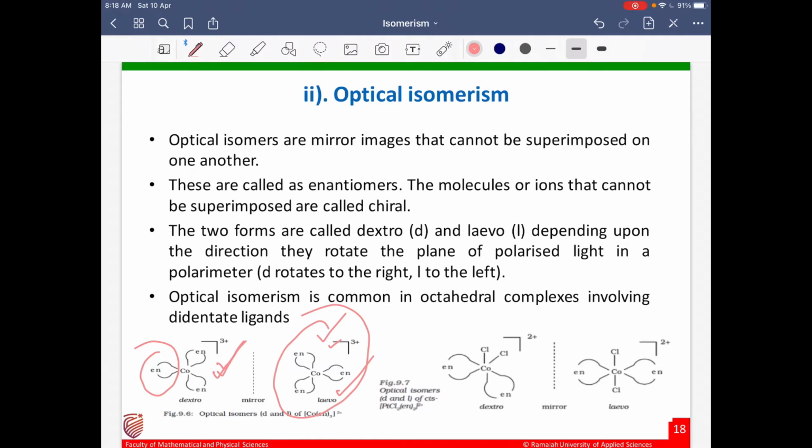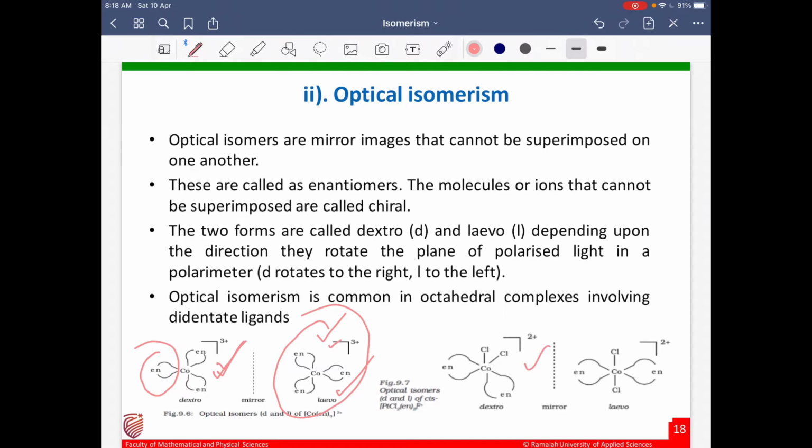By checking the structure, you will not be able to tell whether it will be dextro or levo. For that, we have to perform the experiment with the help of a polarimeter. Then only we will be able to tell in which direction each isomer will shift the direction of the light. Another example,